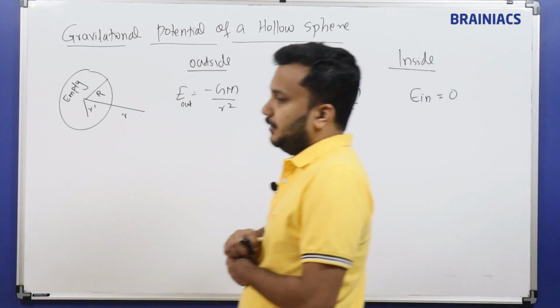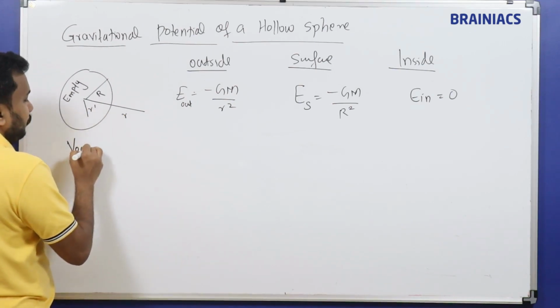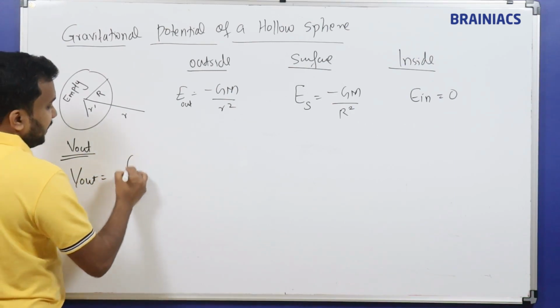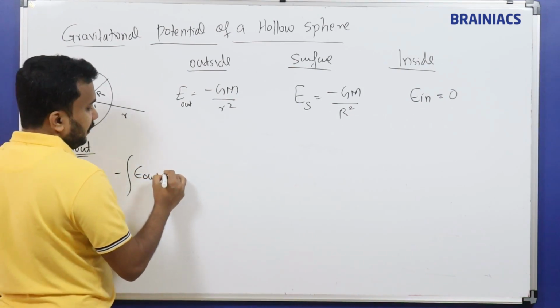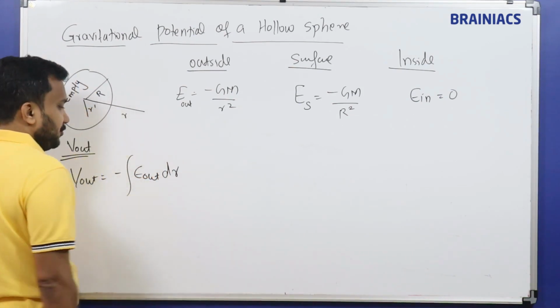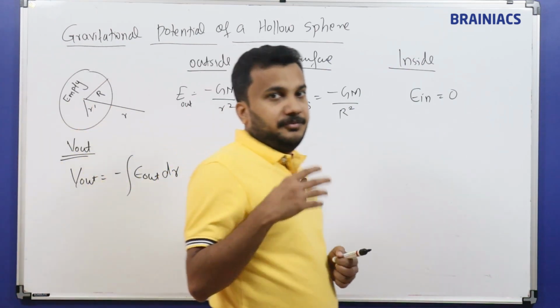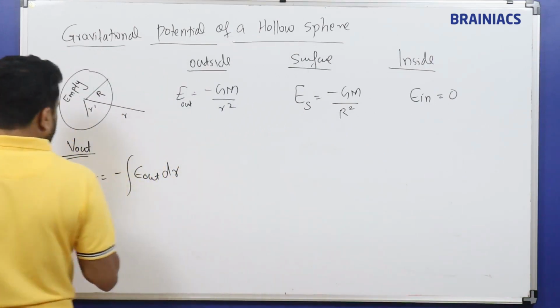Now we are going to see what the potential value is. E is there, so we need to find the potential. We are going to find V out, the potential at outside. V out will be equal to minus of E out into dr, because to find the potential from the field we have to integrate. Remember one thing, once we are integrating a certain quantity, the potential at a point is always calculated